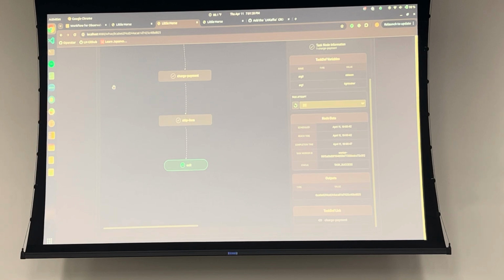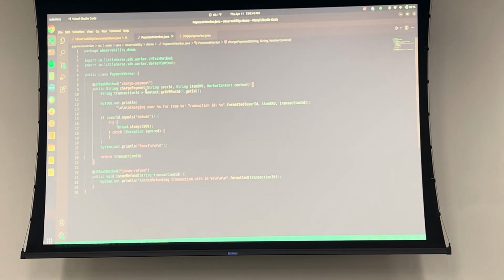So what we can do is go look at the code, and for the purposes of the demo, I said if the user ID is Obi-Wan, we're going to sleep for 5 seconds. But anyways, at that point, you have the ability to look at what is taking so long in the end-to-end process across multiple different microservices for one specific transaction. Whereas with sample tracing, if you're using Jaeger or Zipkin or something like that, you just kind of get statistical pictures of the big thing, but if you have one angry customer,